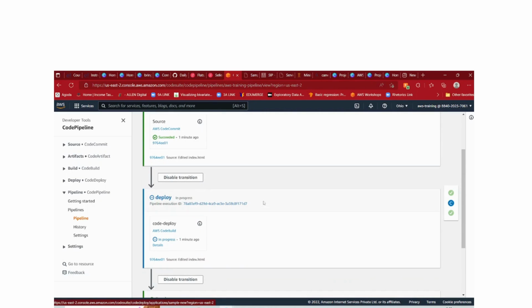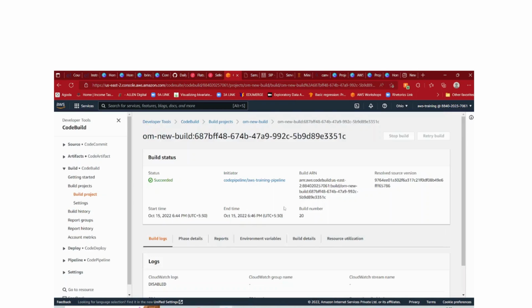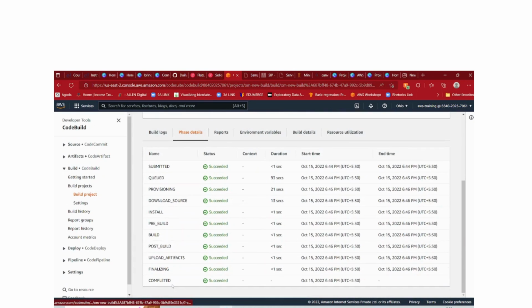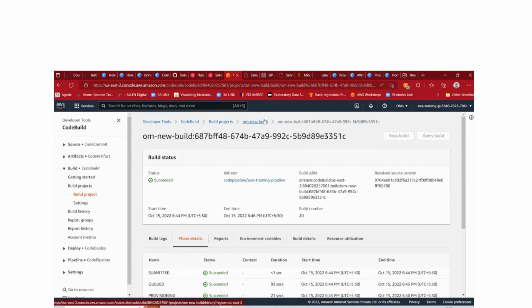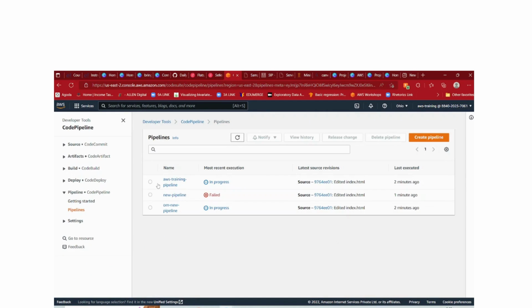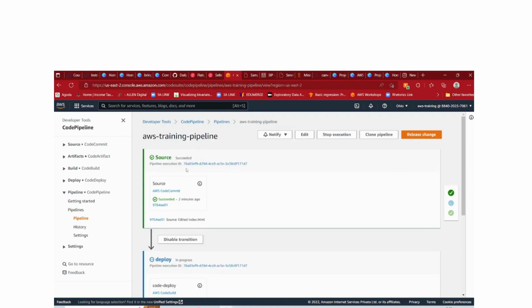It should. Let's see the details. Phase details. Yep, it's all successful. So we should be in good shape. Let's go. So CodeBuild is successful. It looks like